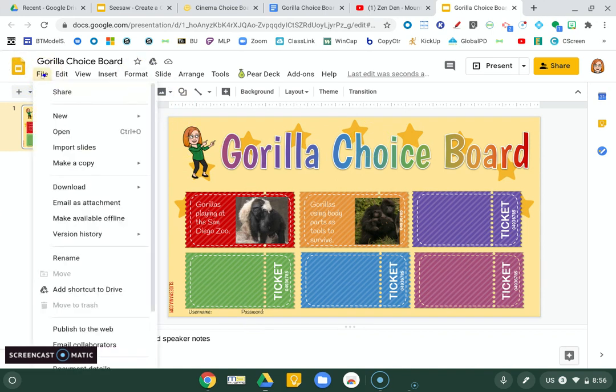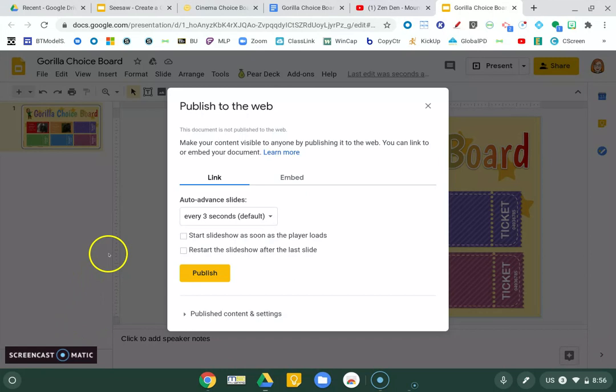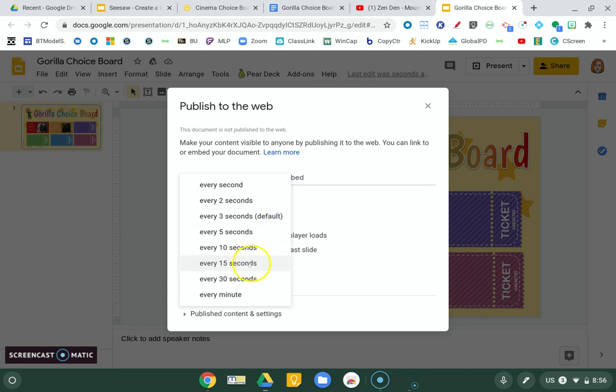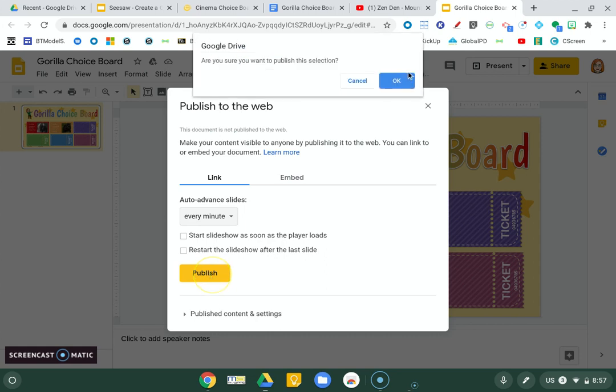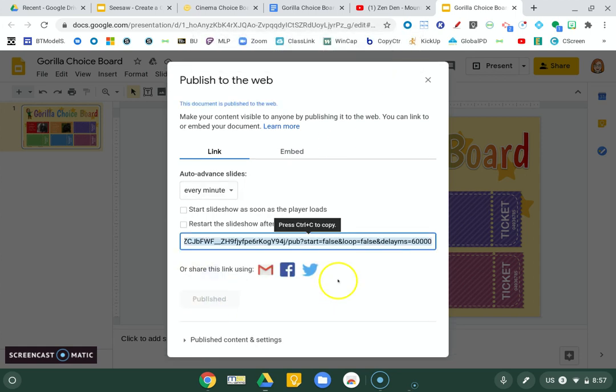And so the last thing we have to do once our choice board is done, we need to click File, scroll down to Publish to the Web. Now, I only have a one-page link, so this isn't going to matter. If you have multiple pages, which is perfectly fine, you might want to extend this to a longer period of time so it's not rotating really quickly. And then I'm going to click